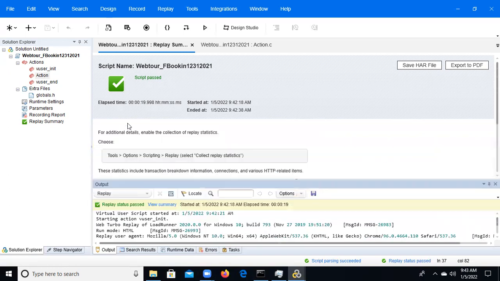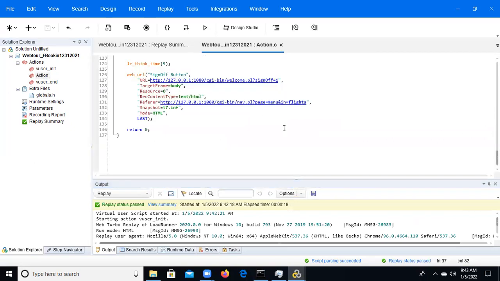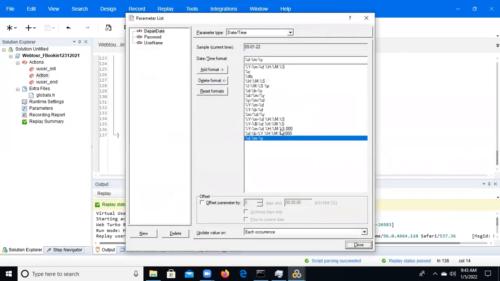Otherwise, if I need a future date or past date, we need to select that also. We need to go to Control L, and this is date and time, right? We have the option there. Here we need to select the offset parameter. When we select the offset parameter, the data will be picked accordingly. For example, working days will come as working days, and per year will come as the next day. So for example, I am giving 1 here.